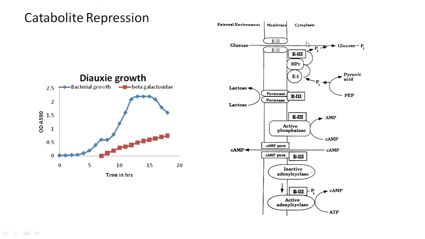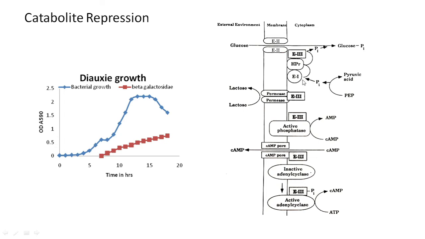So how does this transport occur and what happens? How is it related with the level of cAMP? The transport of glucose, mannose, raffinose, all these kinds of monosaccharides is dependent in the bacterial system on a system called the phosphotransferase system, which is a cascade of reactions to transfer phosphate to the molecules. The process starts from phosphoenol pyruvate, which is converted into pyruvic acid, and it transfers the